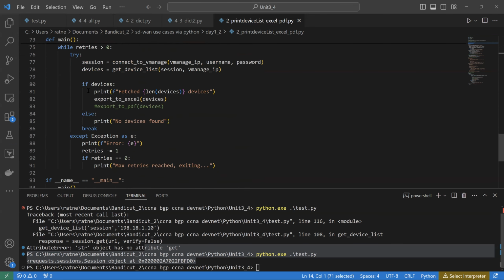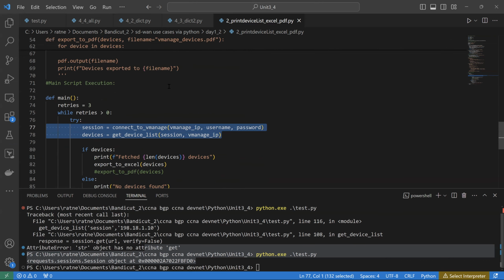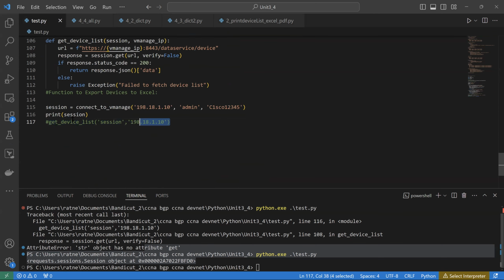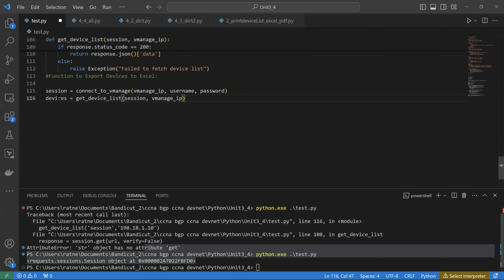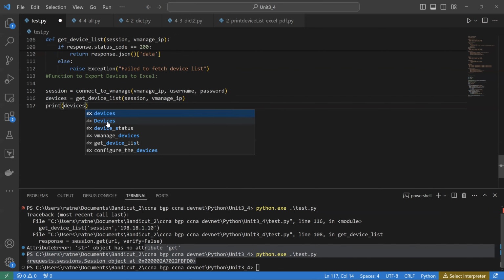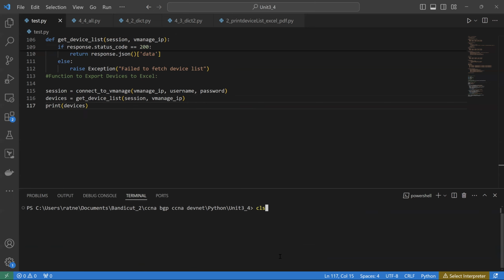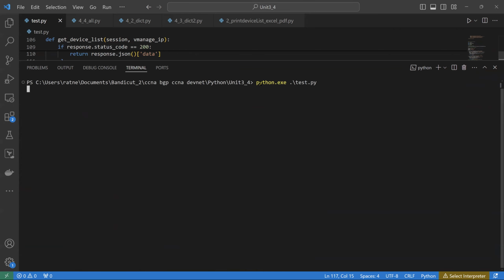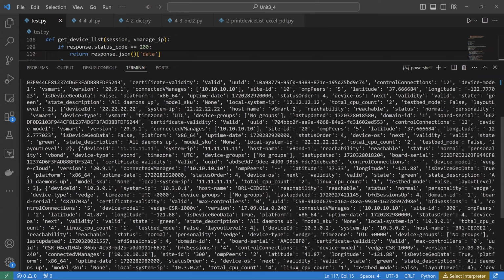right? You can simply use this statement. There is no problem. And you can see this was actually missing in our example, because in my example I have also defined the global variables. So I should not use the session like this. If you define those global variables, then you can call them with the name, because they will come from the top, from here. Devices. And now if I want to print the devices,